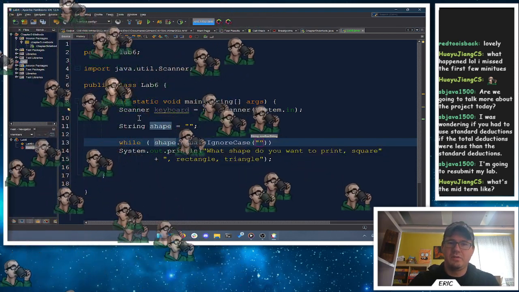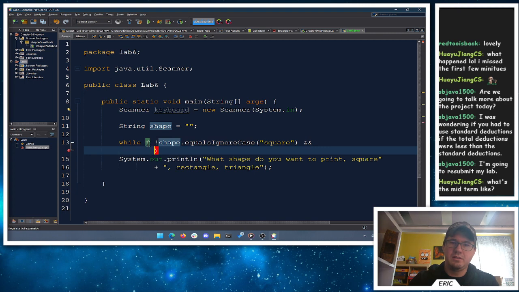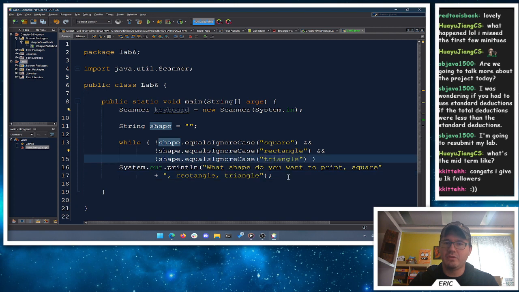While it equals square. So we're going to say it does not equal square, with this not operator. It's not square and not rectangle and it's not triangle. So if it's not square, not rectangle, and not triangle, if all three of those are true,